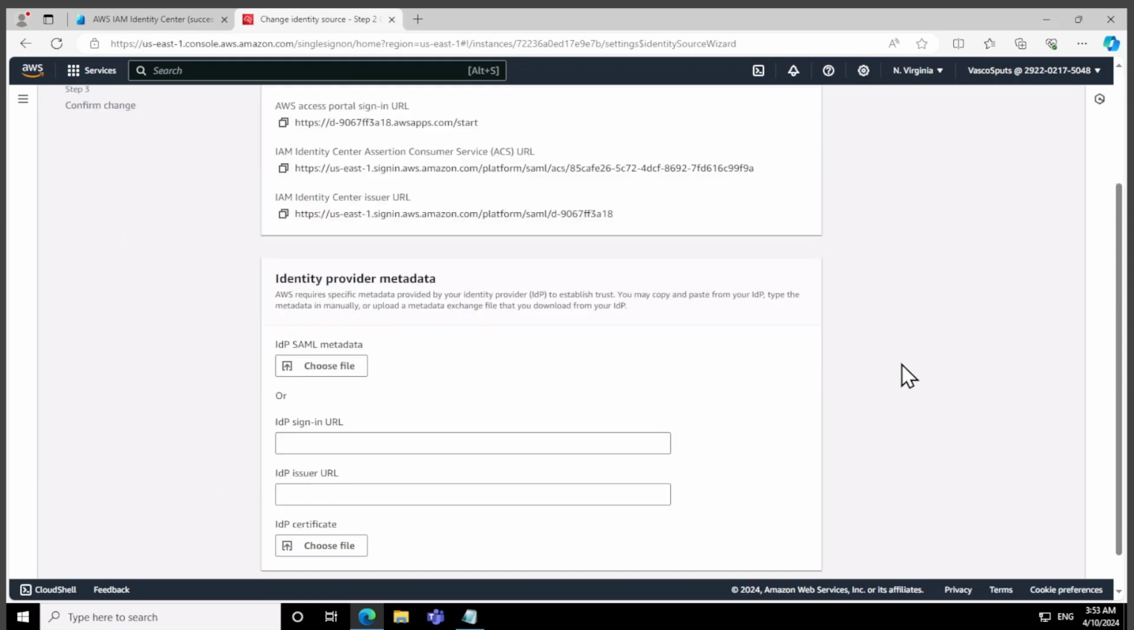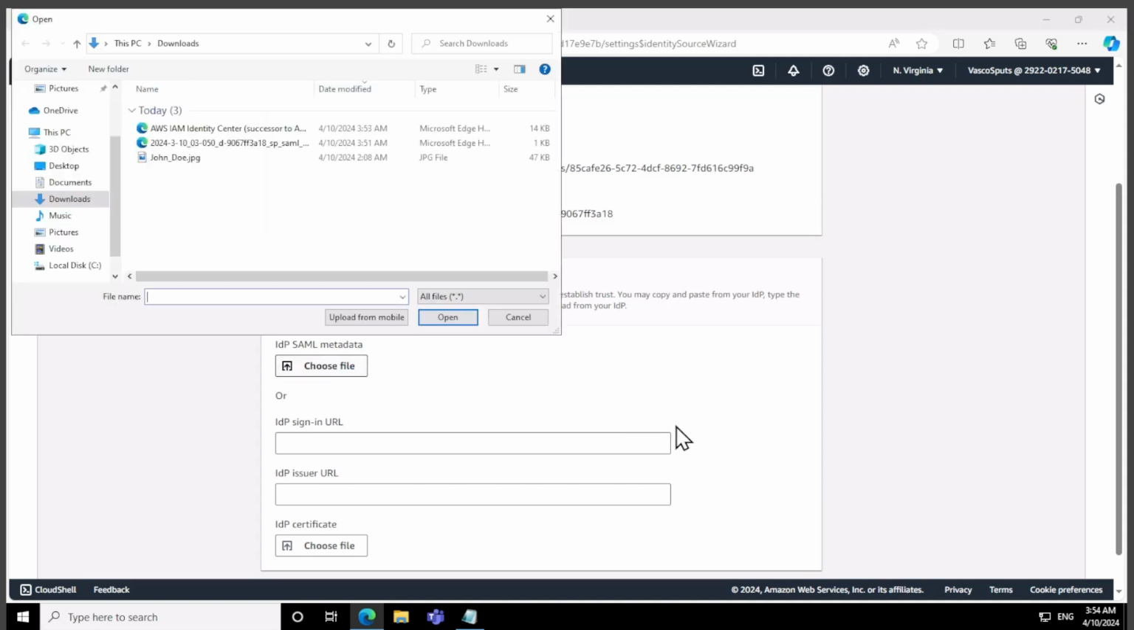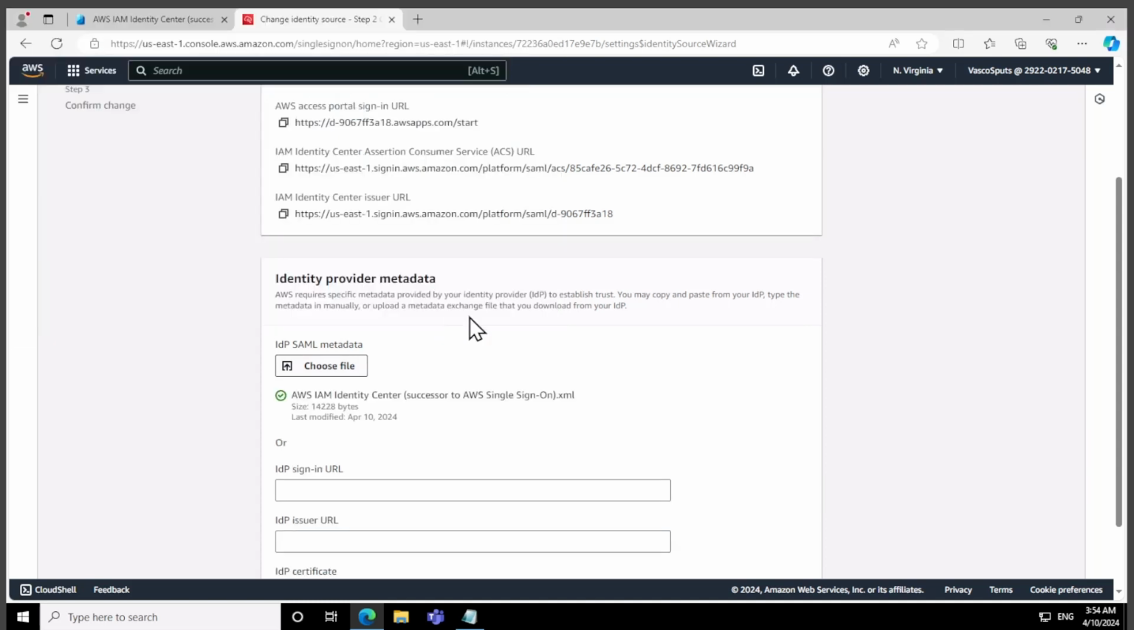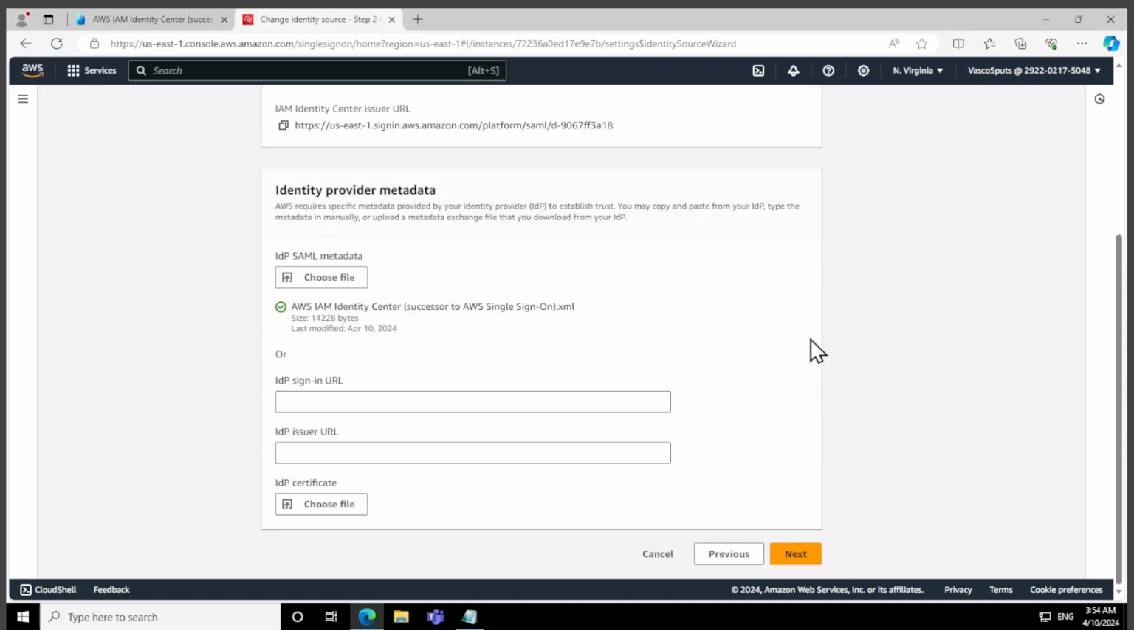Now it tells us here that AWS requires specific metadata provided by the identity provider to create trust. So like we had before, we have the option of specifying the sign-in URLs and the issuer URL manually. But of course, since I've downloaded the IDP SAML metadata, I'll go ahead and upload this. So I'll click on choose file, and this time around I'll select the file and click on open, and I'll just go ahead and click on next,